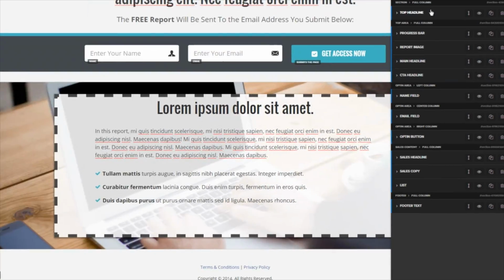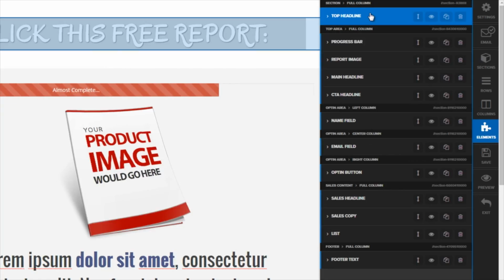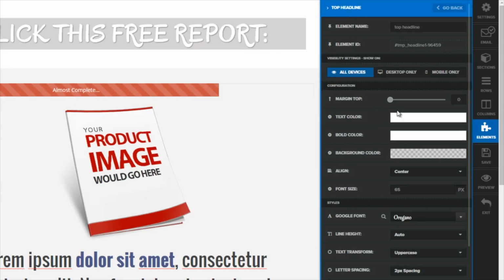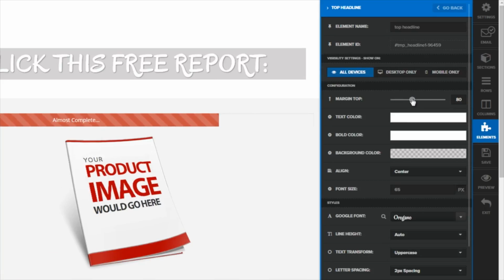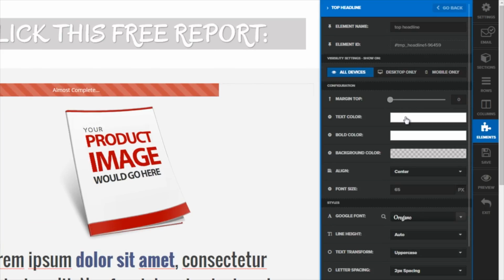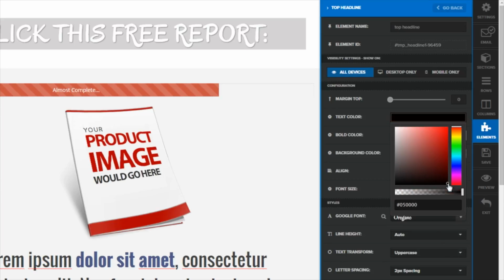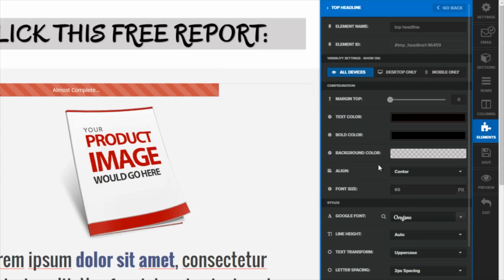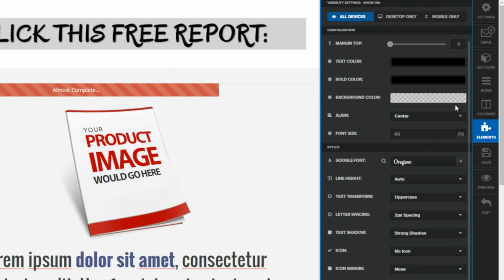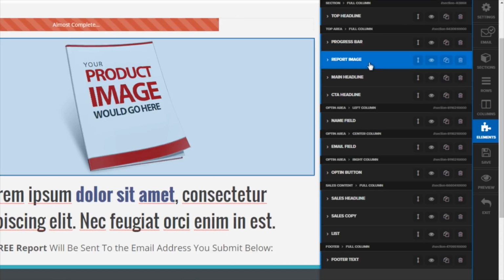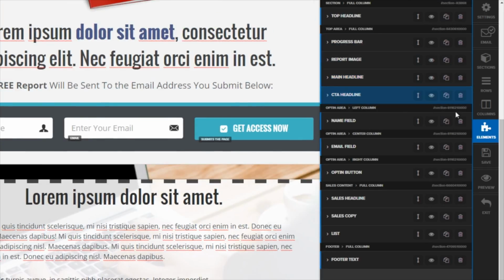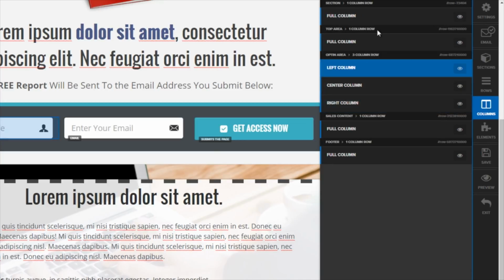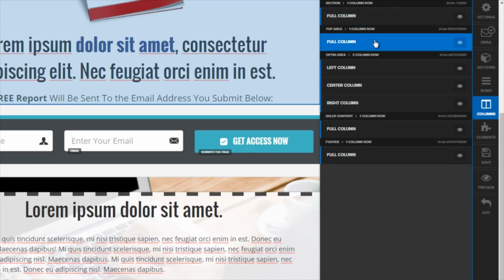Now the cool thing here is exactly the same in these elements sections. So once I've clicked on elements, you can see it's going blue over here. So this is the headline. So if I want to change any of the elements in that headline, I've only got to come into here and I can start toying with all of this. I don't want that text color like that. I want it to be darker. That must be bold. There you go. I've changed that. You can change any section and any element in any of these columns. You can do the same thing. You see what it's highlighting,